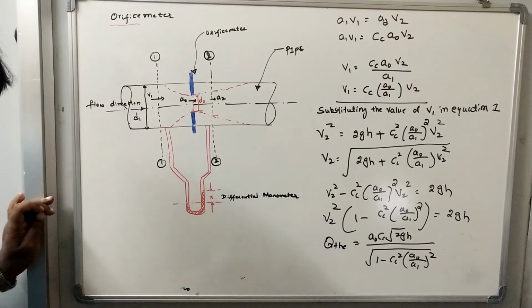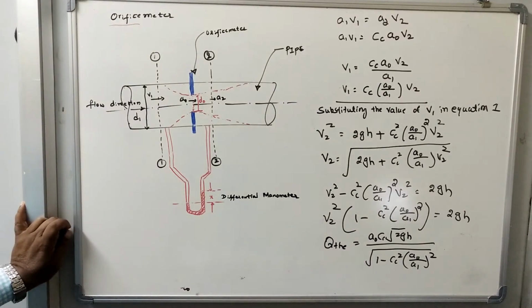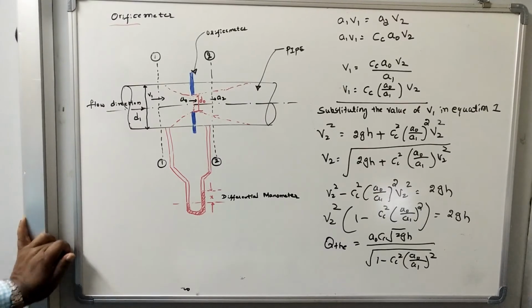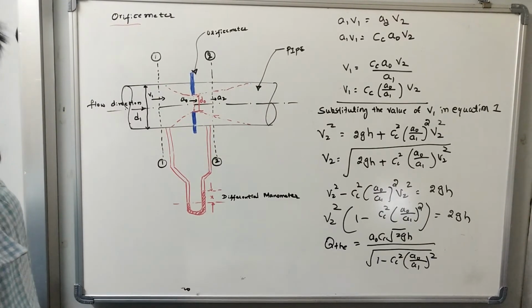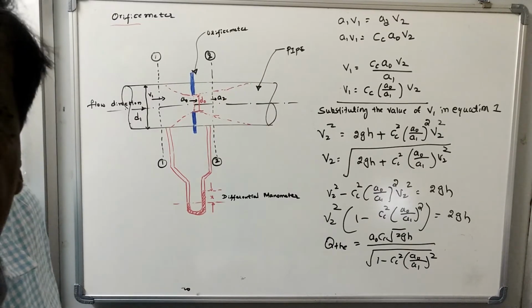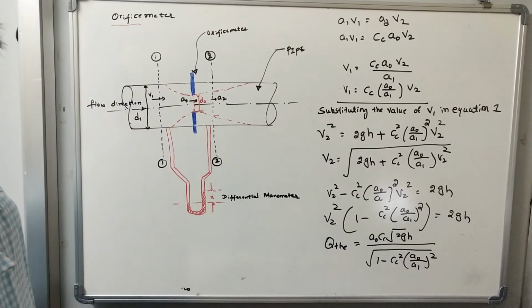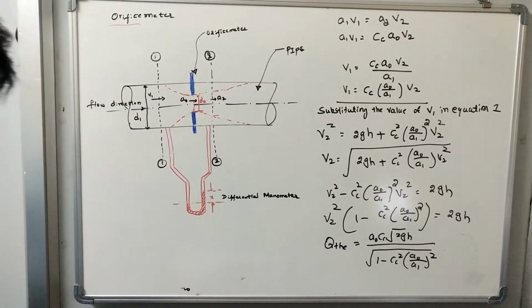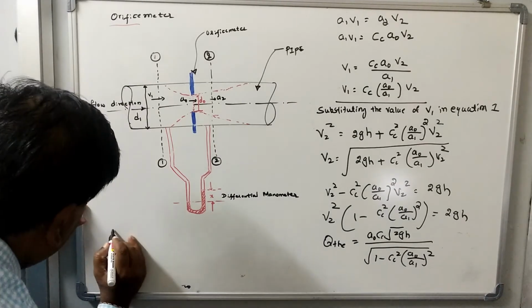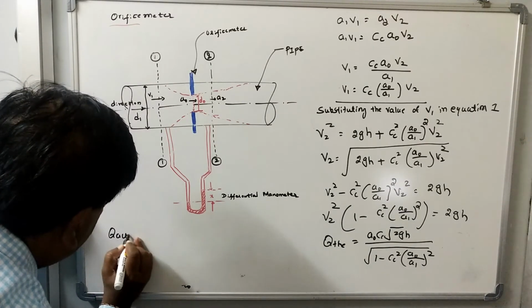So to get the actual discharge, you apply one more correction by making use of a constant. That constant is the coefficient of discharge, which is the ratio of the actual discharge divided by the theoretical discharge. So after simplification of that, Q actual is equal to